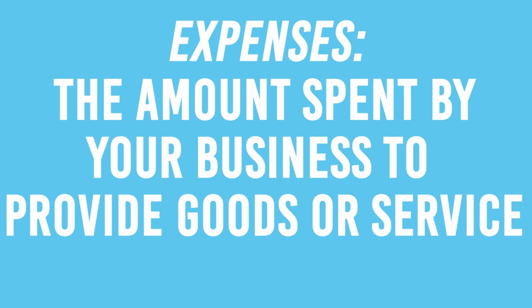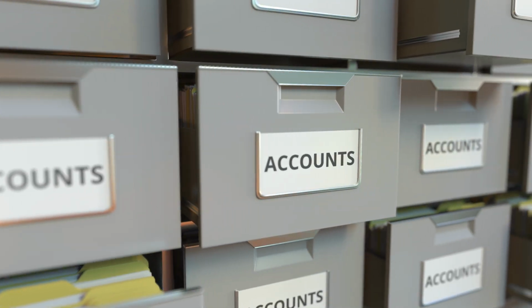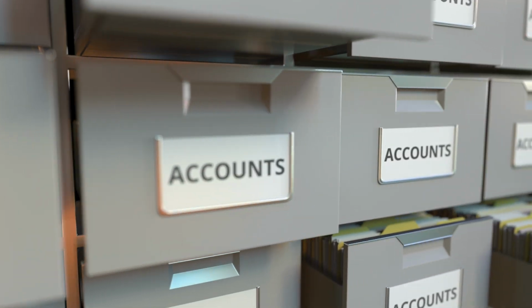And finally, expenses are the amount spent by your business to provide for those goods or services, as well as pay for overall operations. And like I mentioned, these 5 main account types can be subdivided into specific categories in different accounts based on your business's needs. Creating these accounts and properly categorizing the data into them is essential for you to be able to make better business decisions. In the end, the chart of accounts is where we record every single transaction that takes place, and it's a fundamental part of creating a reliable accounting system for your business.